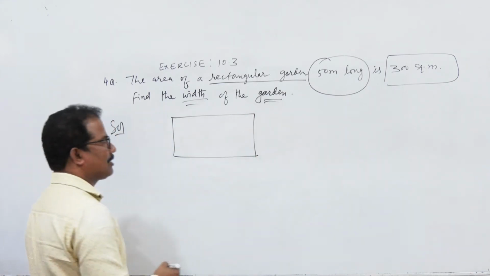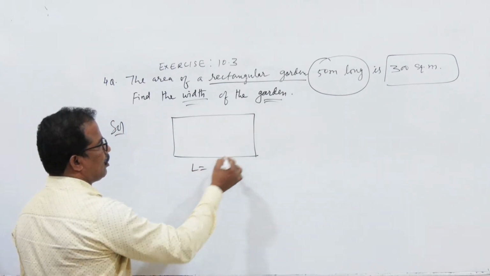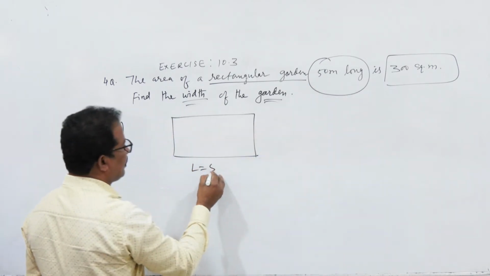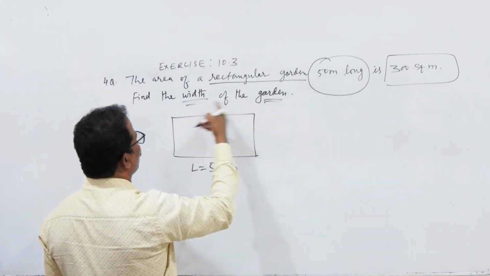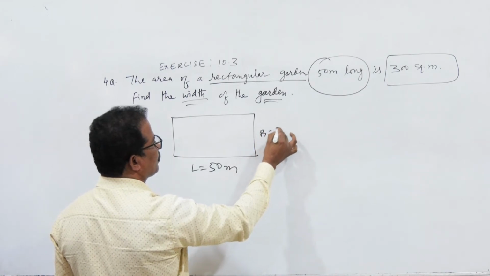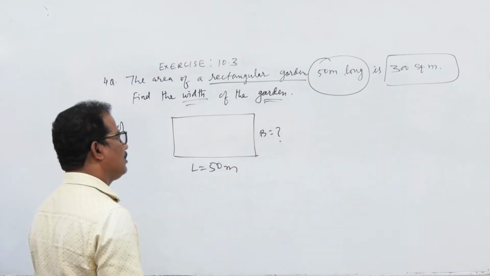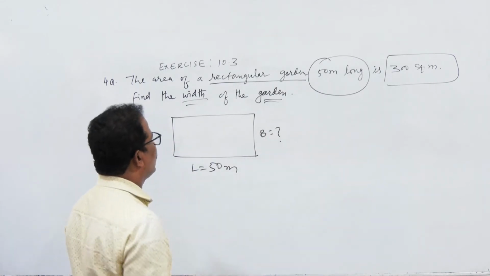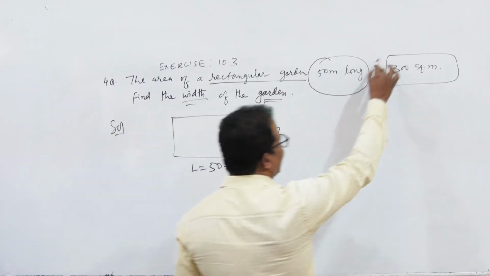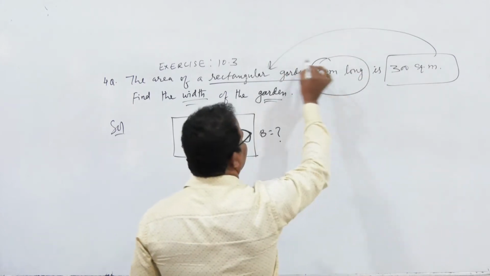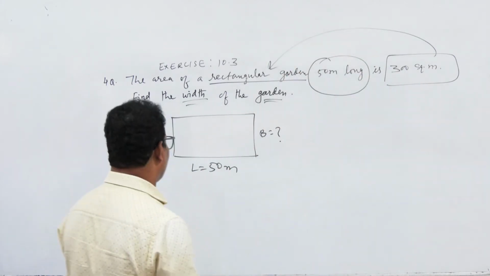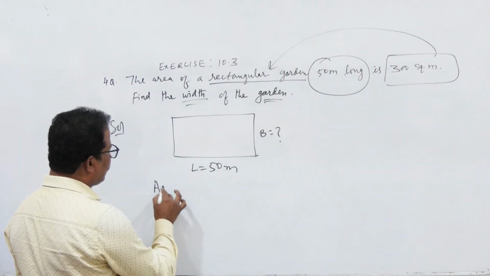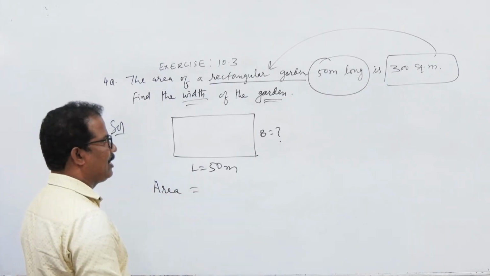So in this question we are talking about a rectangular garden. Okay? So in this rectangular garden only length is given. How much is the length? 50 meter, and width is not given, that we need to find, that is breadth not given here. Understand? So for that we can take x, or simply we can write as breadth only, and the total area of this rectangular garden is given, that is how much? 300 square meter.